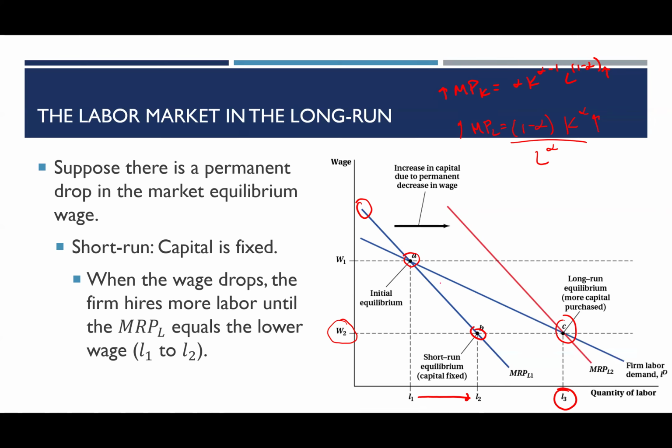And that's just reflecting the underlying driver of price elasticity of demand, where as you switch your consumption timeline from the short run to the long run, you become more responsive to price. So in the short run, the firm, in response to the price drop, increases their quantity of labor hired a good bit, but in the long run now they're increasing it even more. All right, so that's what we're seeing there.